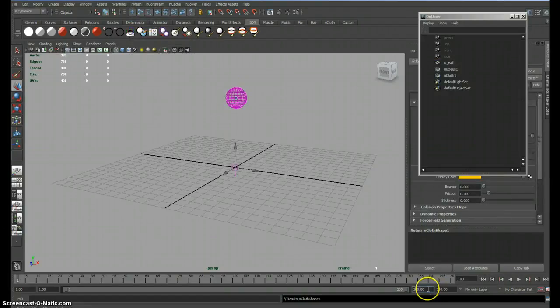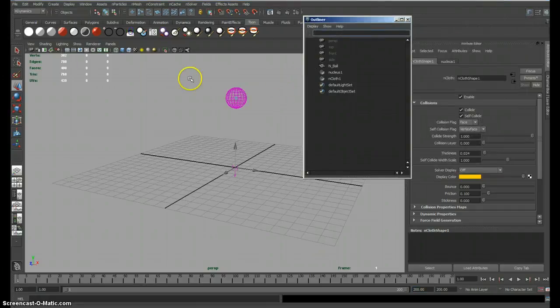Go ahead and set this to 200. And you should be able to see now that that falls like an Ndynamic object. And of course you can make that any type of Ndynamic object. But let's say the issue we're running into is dominoes falling, and they were Ndynamic dominoes, and they needed to hit a ball at the end of this series of falls. So we decided to go ahead and make the ball a rigid object, but the problem with that is it wasn't really working very well. So we need to be able to change from this nucleus object, this Ndcloth object, to Maya's traditional